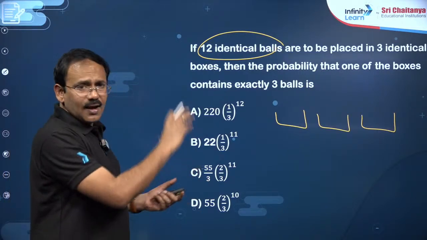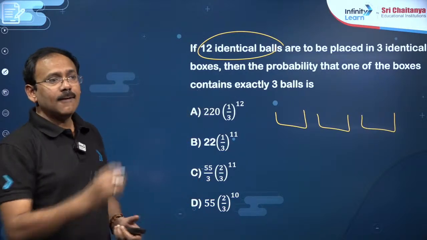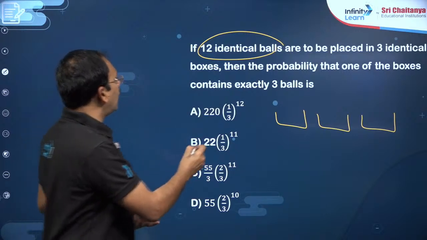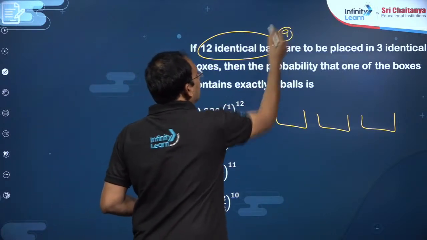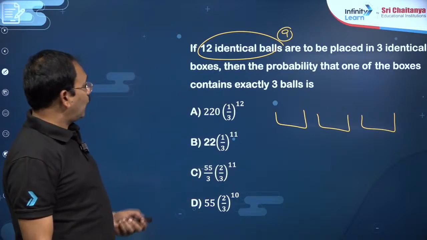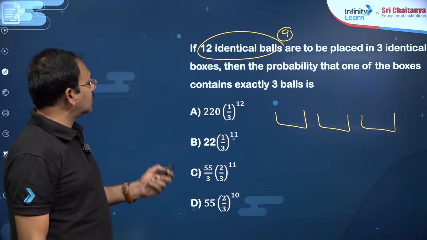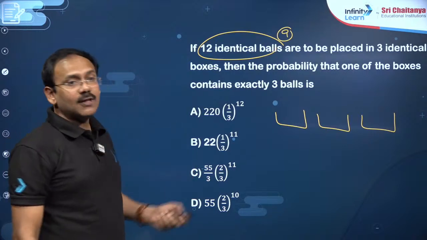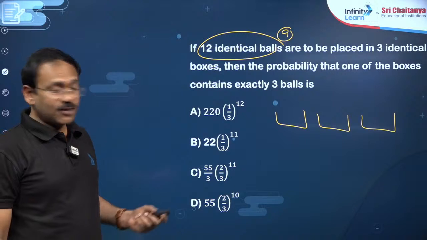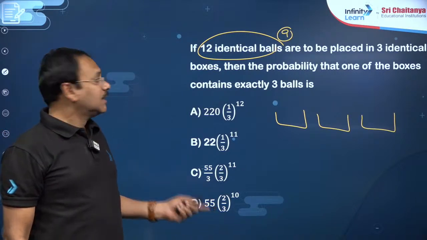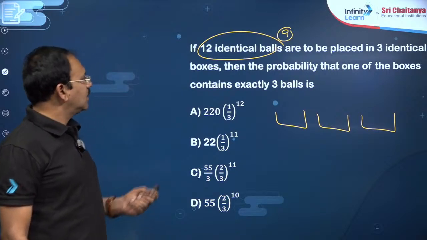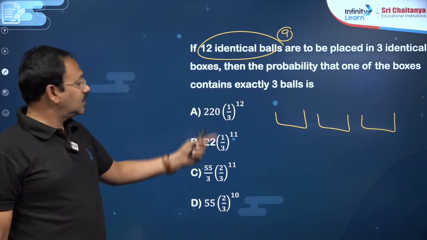So you take 3, and selecting 3 is one way, putting the boxes is also one way because all are identical. So now you are left with 9 balls. 9 balls are to be kept in 2 boxes, my dear friends, such that one of the boxes contains exactly 3 balls. Now 9 balls are to be distributed, and the total number of ways of distribution you have to take in the denominator. So actually each ball can go into, dear students,